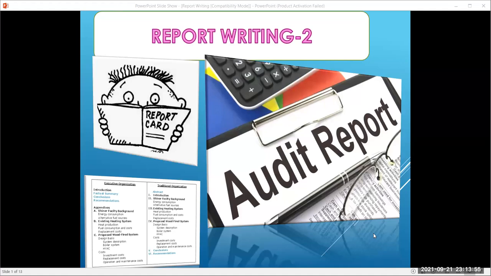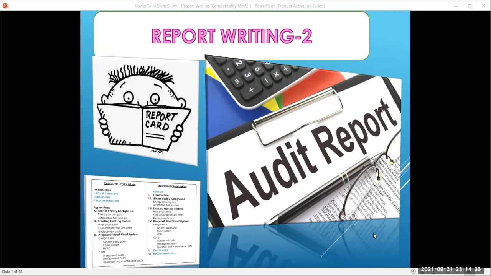Reporting or report writing is a very important element in any organization. This is one of the reasons that report writing has become an integral part of teaching at various BS programs, whether you are doing engineering, business management, accountancy, or any other discipline. Report writing is always included, and the purpose is that you should get an idea that